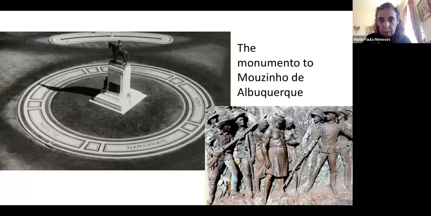But here you see the square and the presence of the statue that was surrounded by Portuguese stones that would read the names of all the violent military campaigns where Mouzinho de Albuquerque participated, quite often leading them. And in a sense, they perpetuate the memory of the subordination of the various groups. At the same time, it was a symbol of the appropriation of the campaigns against the Gaza state, of Colella also in the region, of Matola, of Maputo, and against